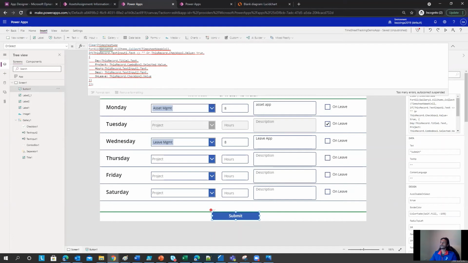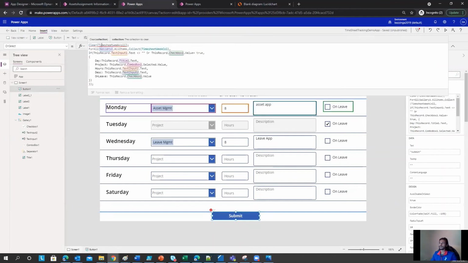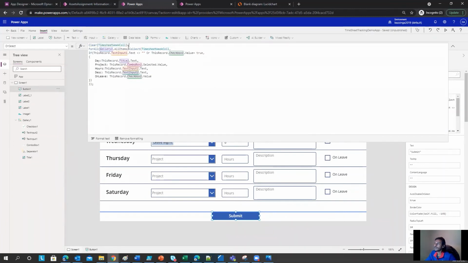Timesheet week collection. All right, it looks like there's some typo here. Let me just copy paste it to make it consistent. All right, so I'm clearing my timesheet collection first, and then I'm populating it based on whatever data I have